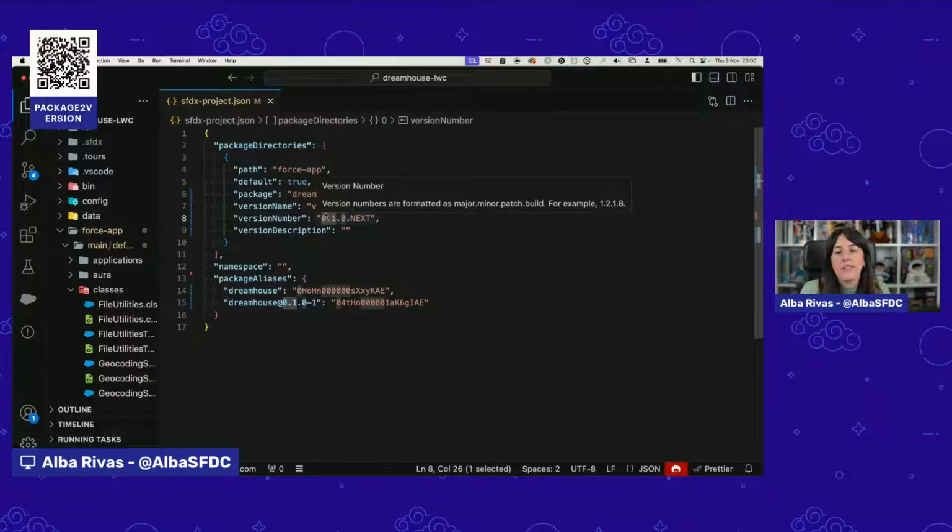And always the first number represents the major version. The second number represents the minor version. This means that you haven't changed quite a lot of things, right? And the third number represents a patch version. And this is how you create patch versions in unlocked packages and also 2GP managed packages. Okay,